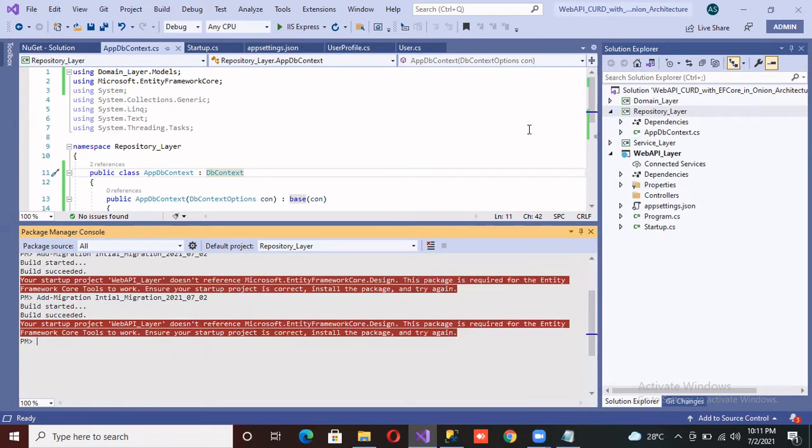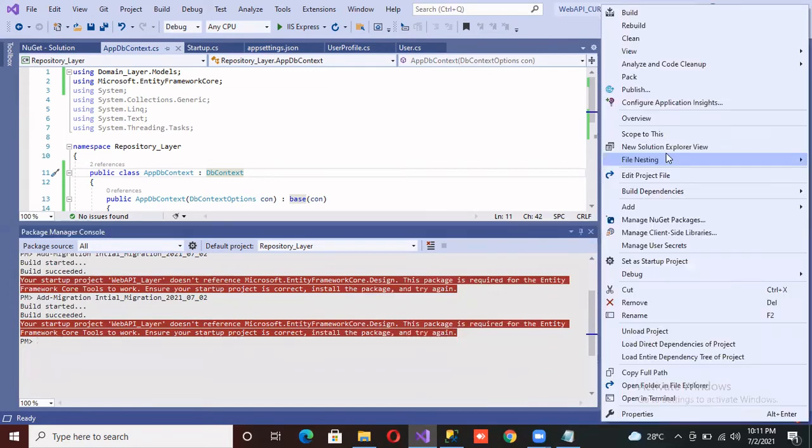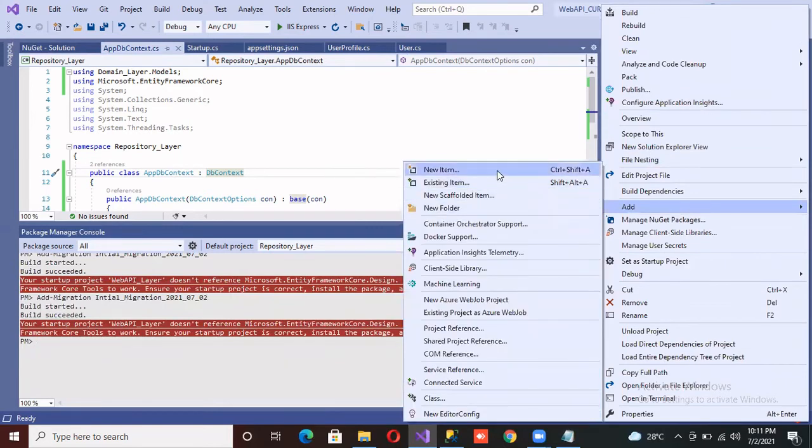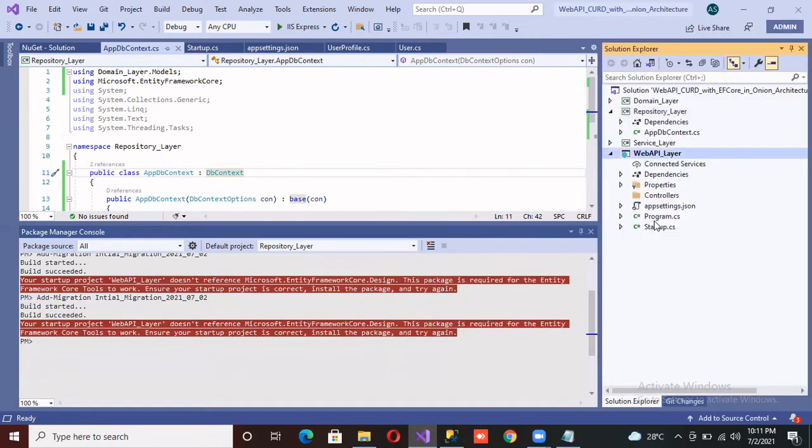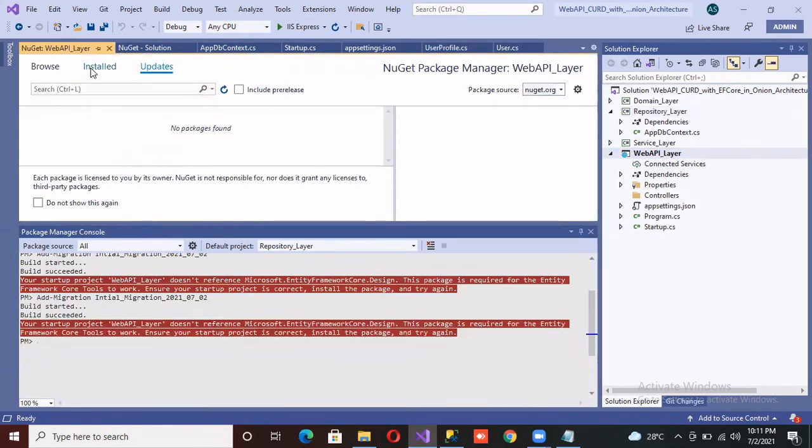Okay, so to create this, we need to install Design inside the web API, which is our startup project. Manage NuGet packages, and I'm going to install Entity Framework Core Design.